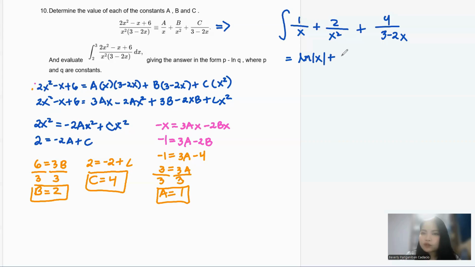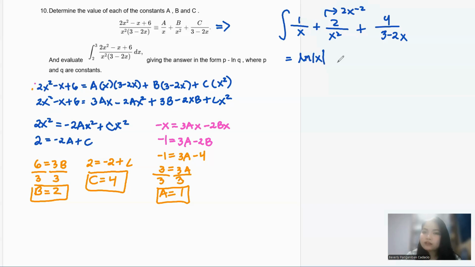Next is you have 2. Do you need to have ln there? No, because you have x squared. You only do ln if you have x alone, like x to the 1. But this one, you can just rewrite it as 2x to the negative 2 and you're going to do the power rule, yeah? Okay, I need to rewrite that first. I'm still not integrating though. For your idea, this one can be written as 2x to the negative 2. And you do the power rule there.